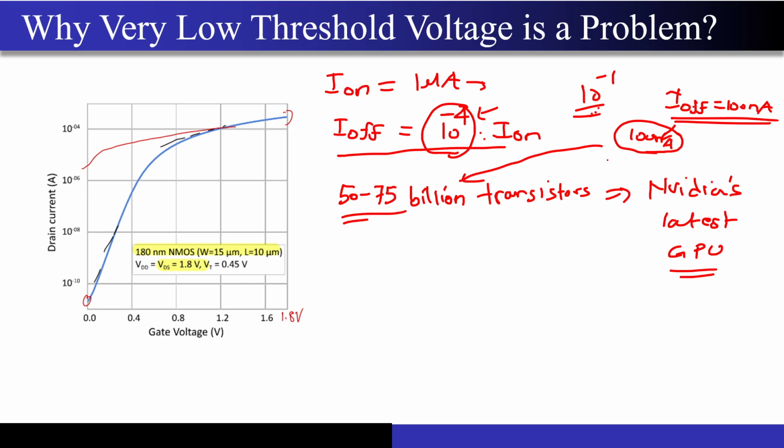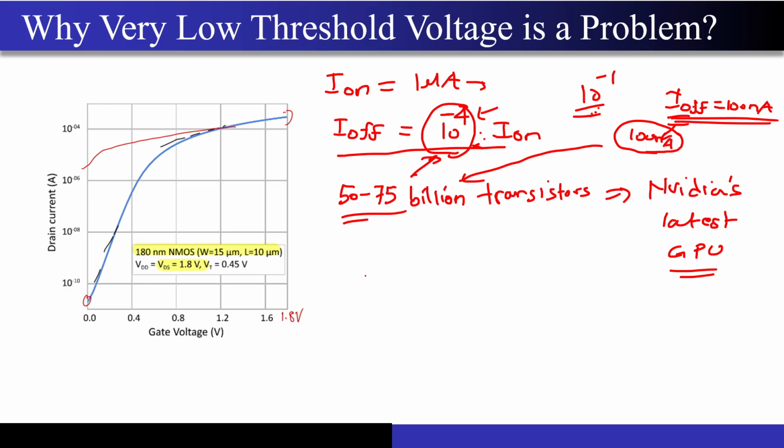You will start complaining about why your battery is draining so quickly. So it is very important to make sure that this I-off number is very low so that the MOSFET does not consume a lot of current when it is sitting idle. I hope this point is very clear, why I want this ratio to be as high as possible, correct? So what does this mean now? We understood we want this I-on to I-off ratio to be very high. Now to have this ratio very high, what do I have to ensure?